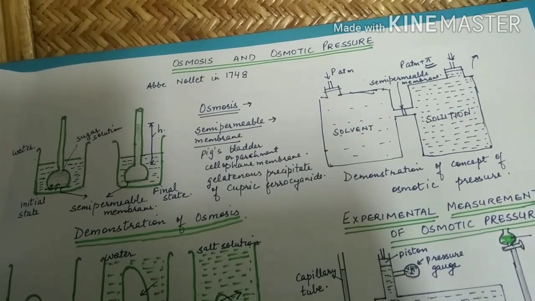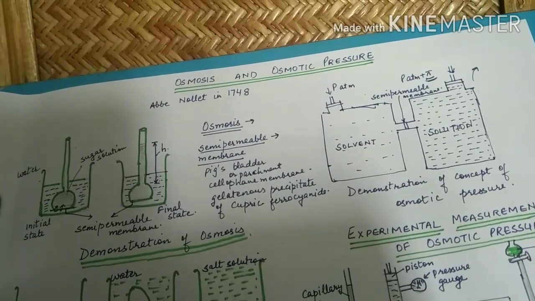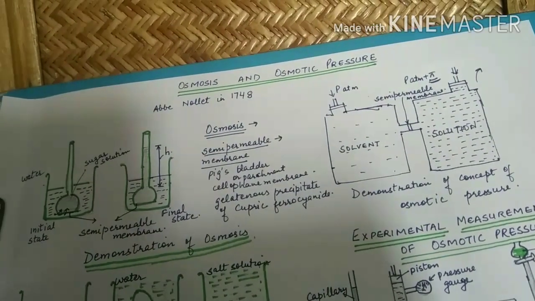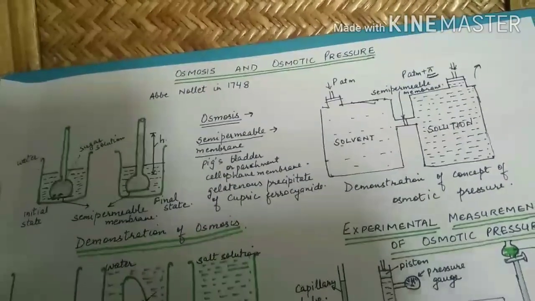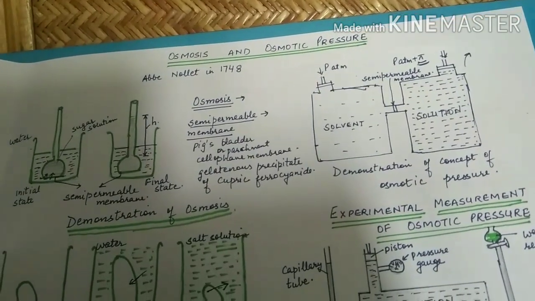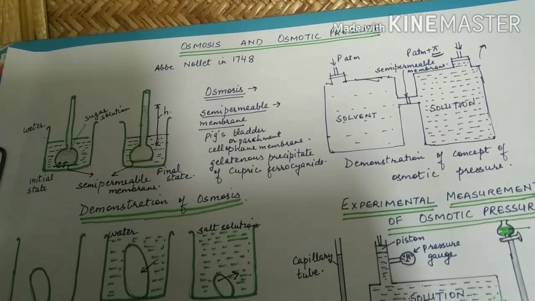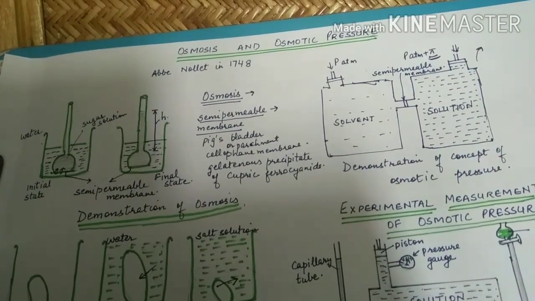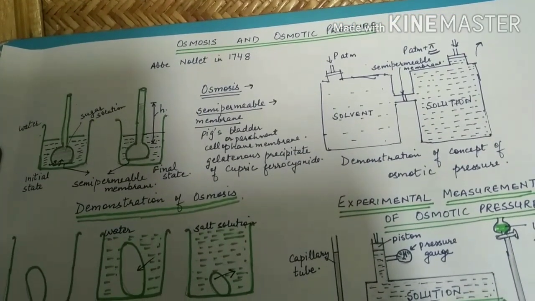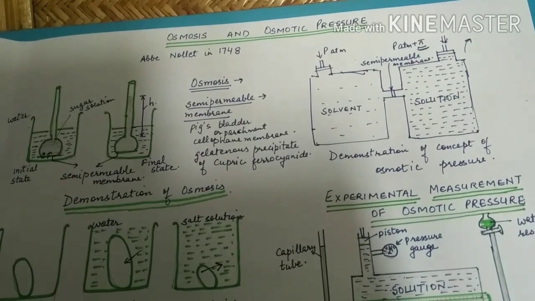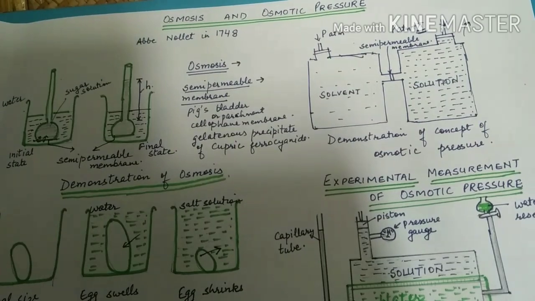Whereas in osmosis, molecules move from a region of lower concentration to higher. In diffusion, molecules move from a region of higher concentration to lower. Then osmosis generally occurs in solutions only, whereas diffusion can occur in gases as well as liquids. Osmosis can be stopped or even reversed by applying extra pressure, whereas diffusion cannot be stopped or reversed. Now let us do an experiment where we can see how osmosis takes place.